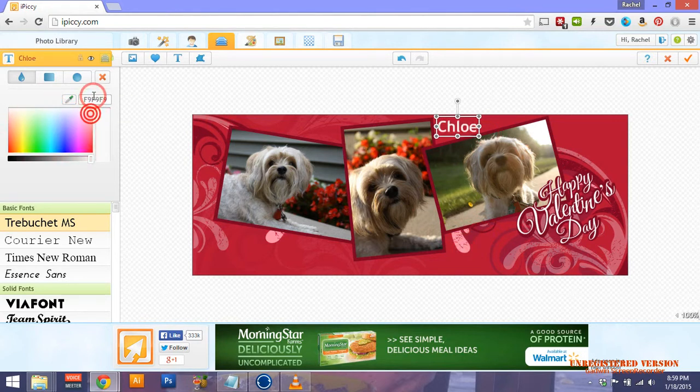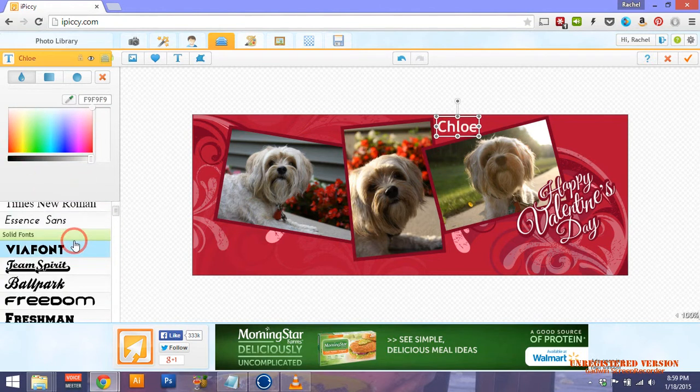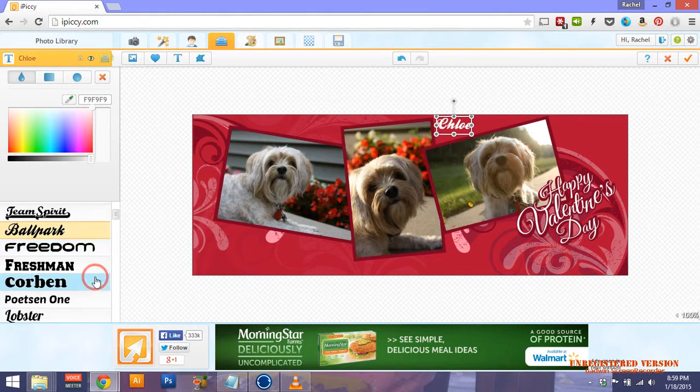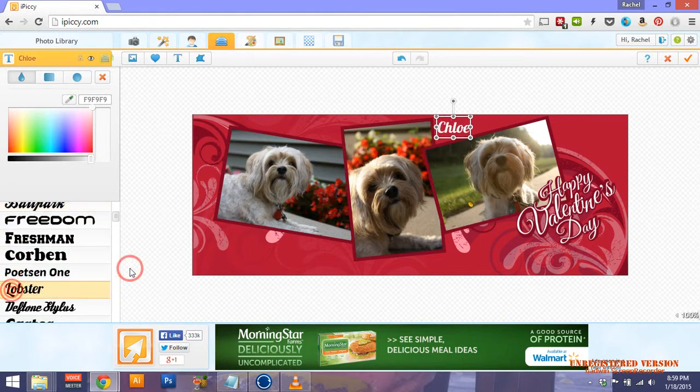Now I'm just going to make it white, because that makes more sense. But then there's a whole bunch of different fonts you can choose from, and it automatically will refresh for you, so you can kind of get an idea, and then you can resize it if you want, and